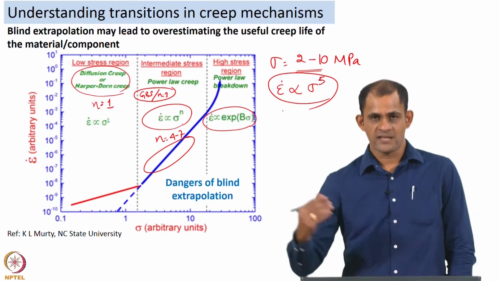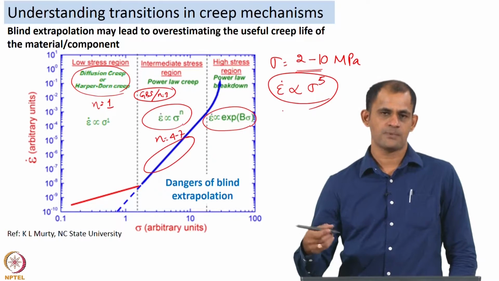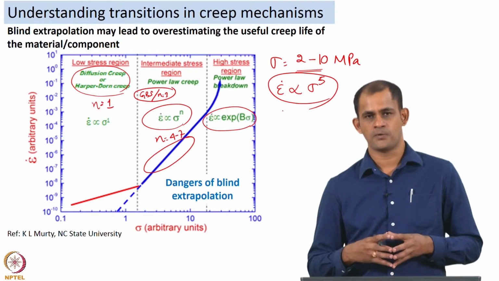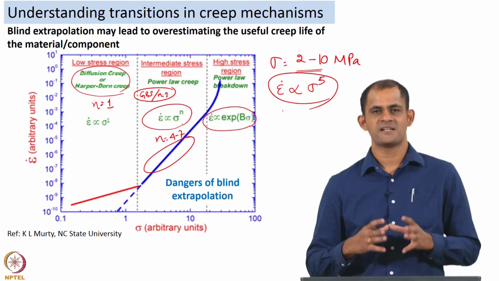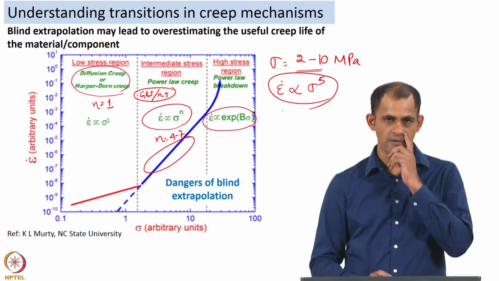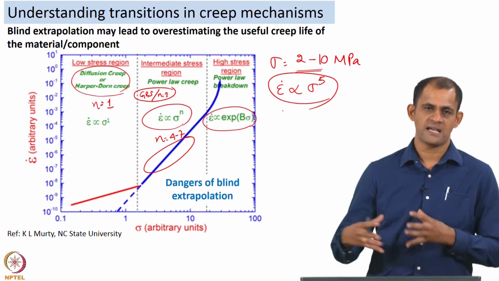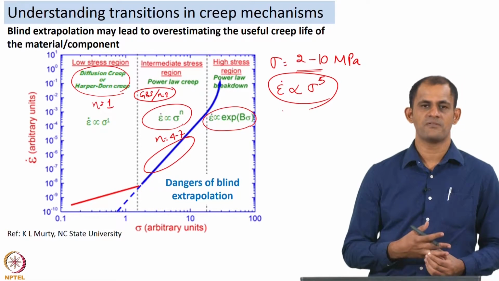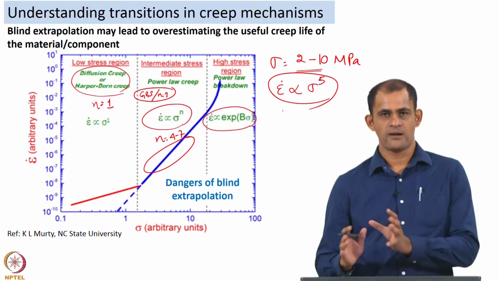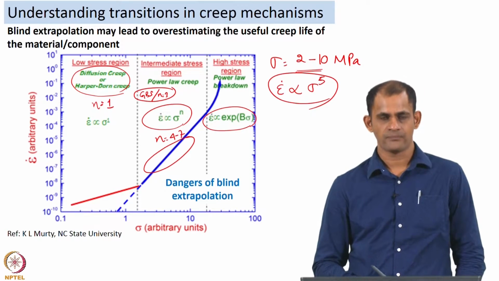Well, as you go down in stress levels, the time to carry out a creep test also goes up. So, generally when agencies are developing components, they try to carry out accelerated tests, so that they can bring down the time required for product development. In such a scenario, say as an engineer you are running an accelerated program to understand the creep behavior of a material which is going to be used in a gas turbine engine, and you carried out tests in the range of 2 to 10 MPa and you found strain rate proportional to sigma to the power 5.